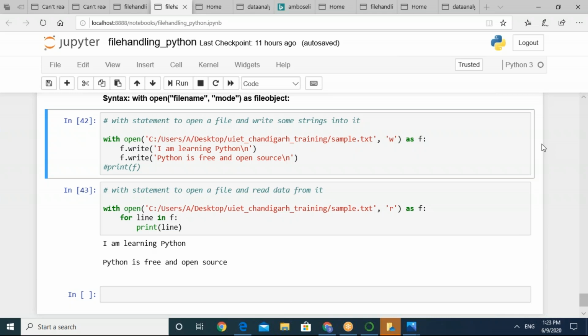So just respond, are you able to do this? We have read the file with the with statement after creating the file.